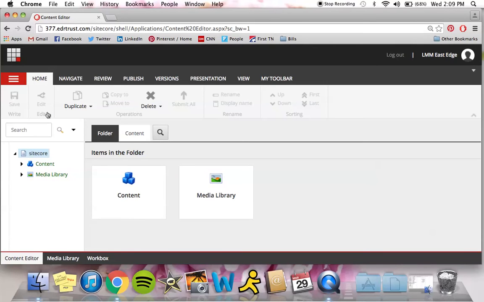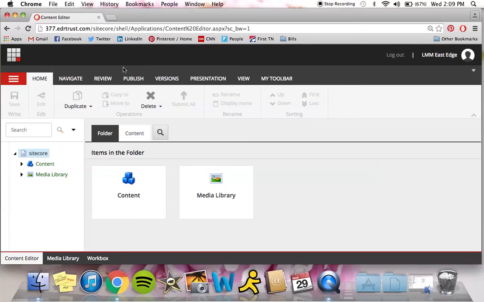Perfect. So some of you all are familiar with this as well. The name of the content editor did not change, as you see. It is still the content editor, or referred to as content editor. Now, if you're on the content editor and you want to easily navigate to the experience editor, there are 2 ways that you can do that. You can either, one, go back to this set of boxes up here in the left-hand corner,